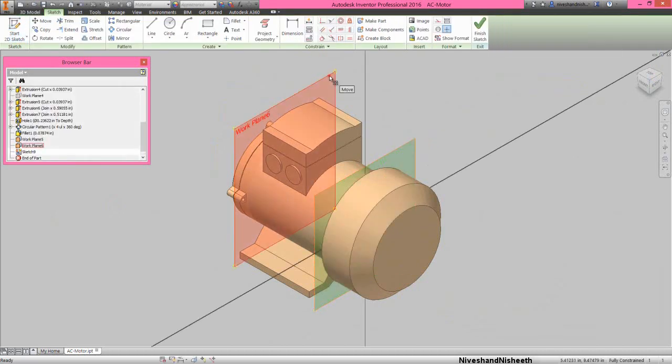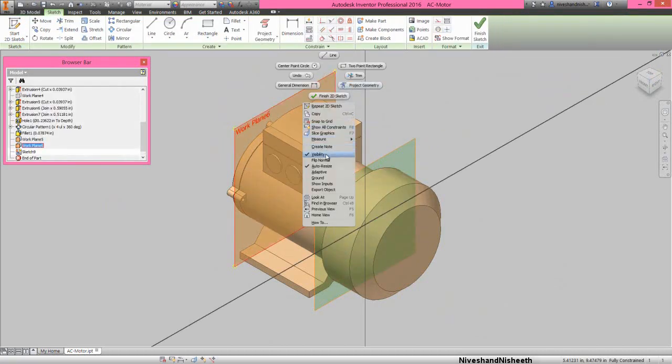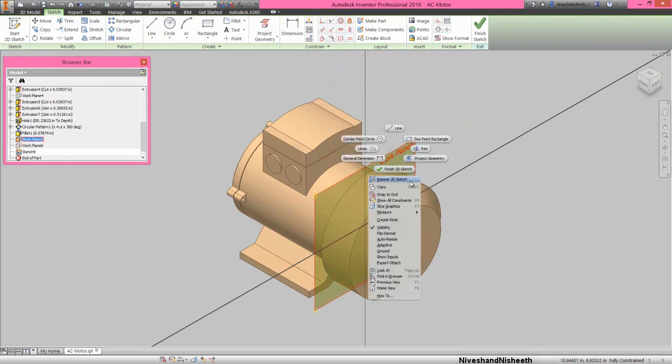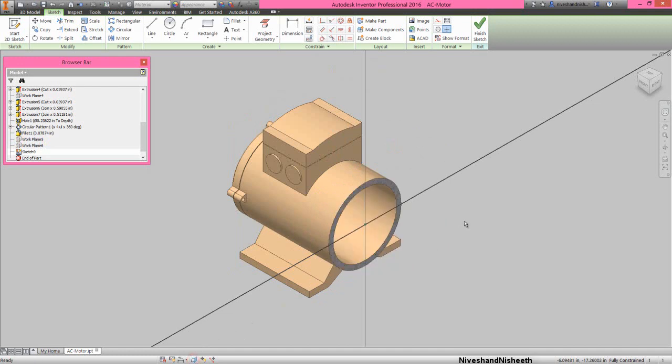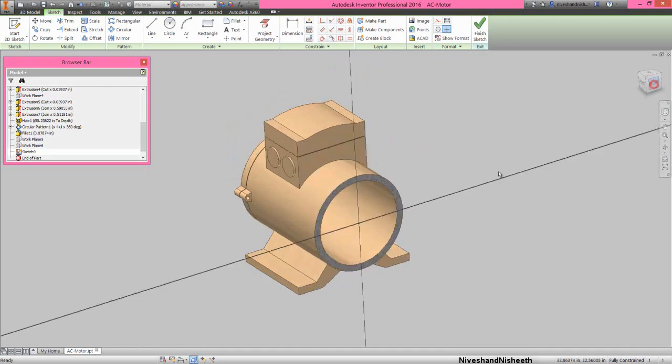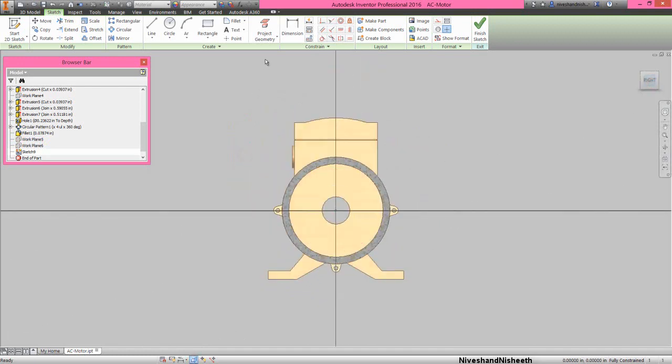Hide the visibility of the back plane. Now we will activate the slice graphics command so that the sketch that we are going to do is easily visible to us. Now activate the project cut edges command and take the project of through all over the body.